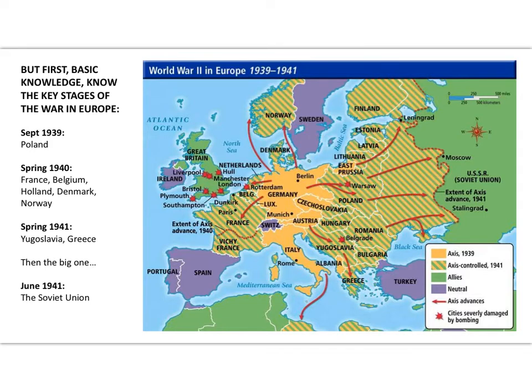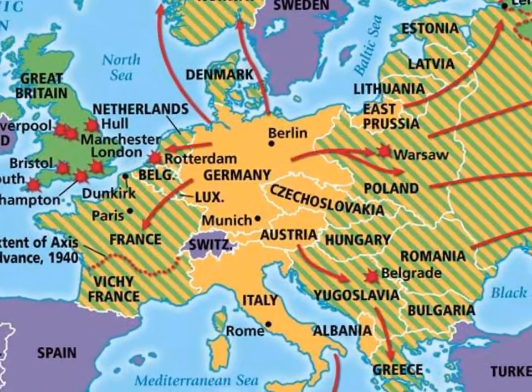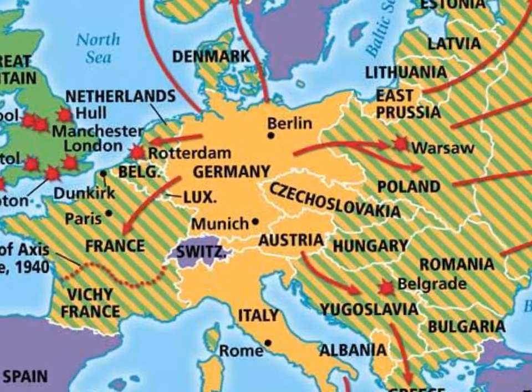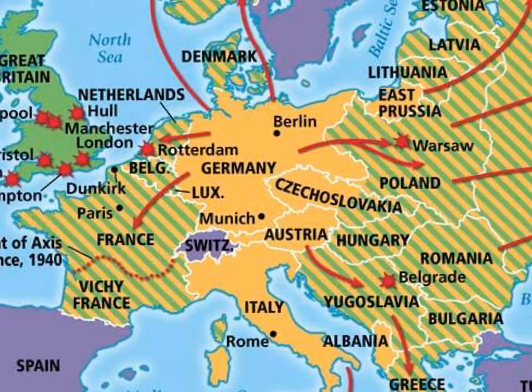This first map shows you the war in Europe, 1939 to 1941. The key events are shown on the left there. I'm not going to take you through all of the detailed events there. What you need to understand is that, zooming in here, if we look at Germany, shaded in yellow there, before World War II broke out, and World War II broke out at the beginning of September 1939,